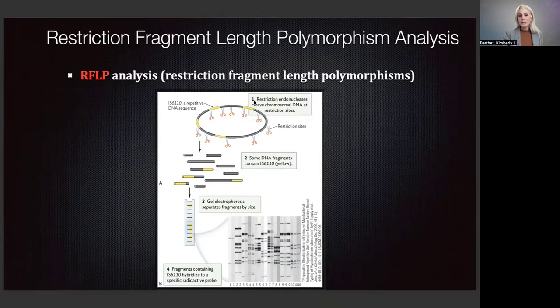Here with restriction fragment length polymorphism, we can just take the DNA of interest. We can cut it up with restriction enzymes. Remember, they cut at those palindromic sites. Once they're cut up, we can put them onto a gel, run them, and look for matching patterns. So here we see these 2 lines are replicates, these 2 are replicates, these 2 are replicates, these 2 are replicates. And we can identify specific portions of the genome based off of gel electrophoresis, which still uses that same